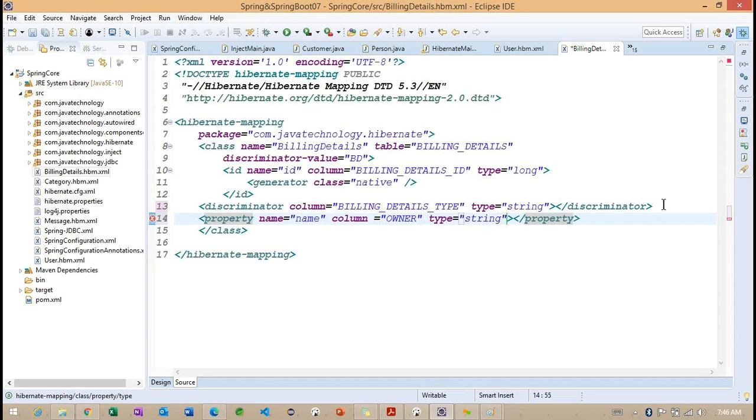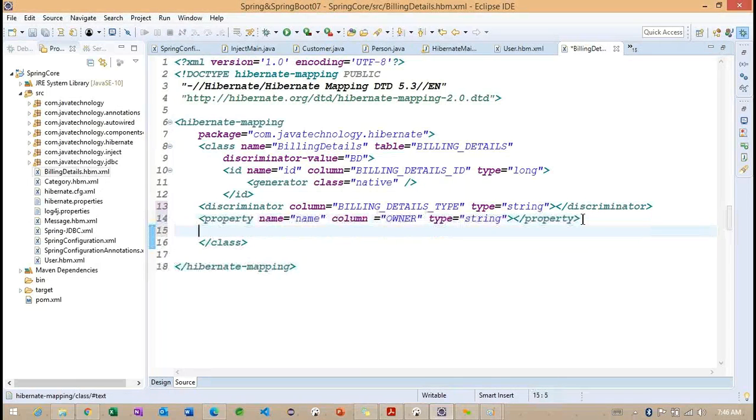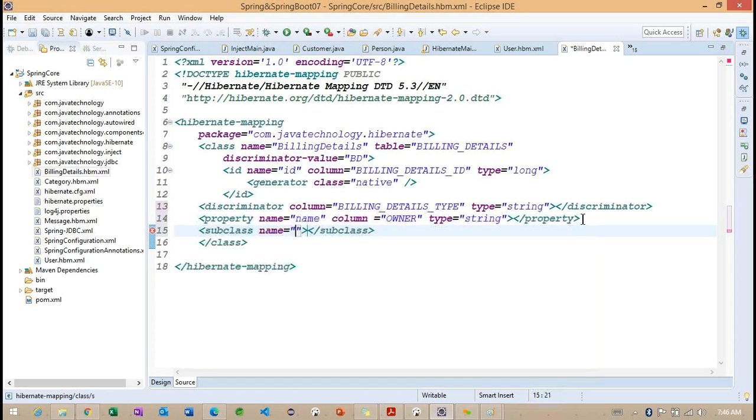So this is one property. If we are having other properties, we can specify. But if you observe, here I want to add a subclass. So you can see subclass we are having. What is the name of this particular subclass? Credit card.